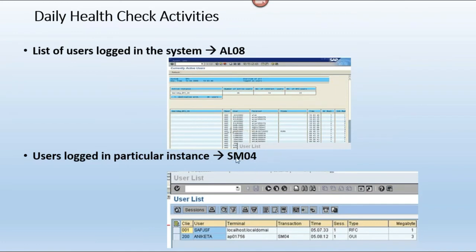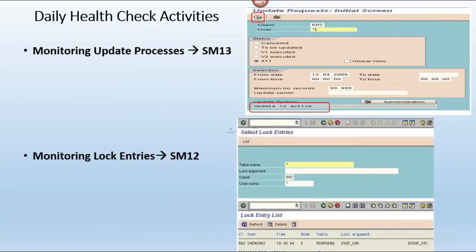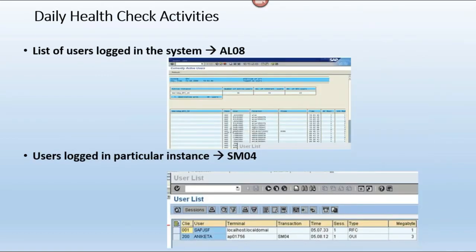Whenever you execute SM04, we can monitor that particular instance-specific users list here. So SM04 and AL08 are used to check the active users, how many users are logged in. If you want to kill a user session, we can do it in SM04, not AL08. In SM04 you can kill the user sessions.